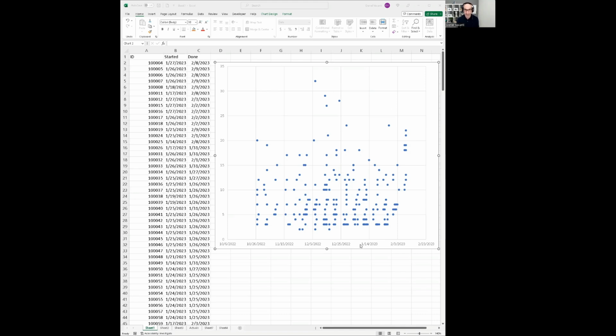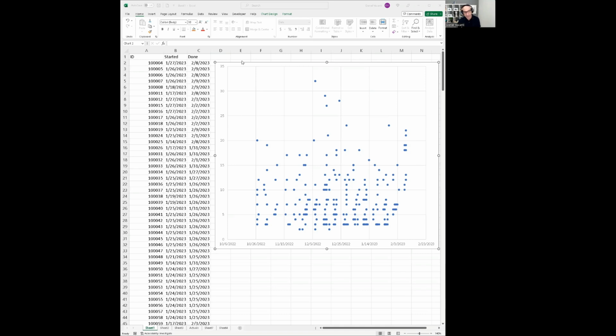Just to prove that this is the real data from Actionable Agile, I created a scatter plot here in Excel. If you're familiar with the example data scatter plot, you'll see that this one looks very, very similar to the one in Actionable Agile. So there was no problem with exporting the data or putting it into Excel. This is the same data that you get in Actionable Agile, and I would encourage you to do this same process with your own data as well.